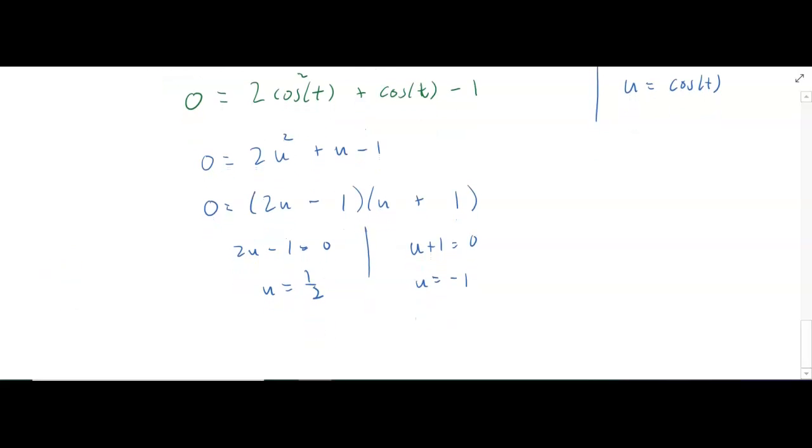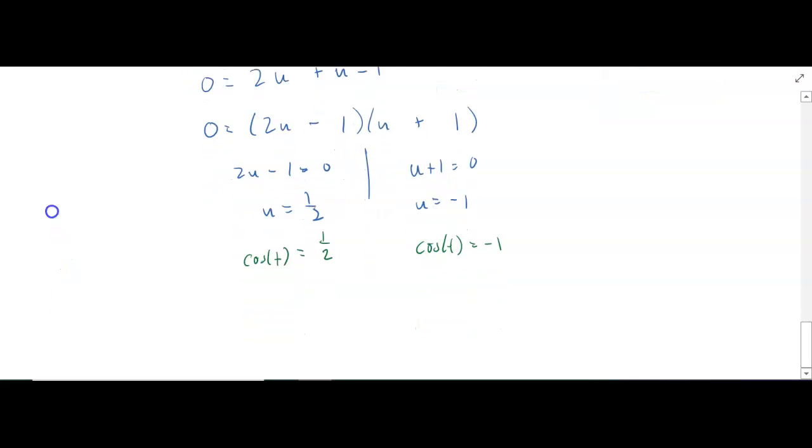All right, now backfilling here, undoing our substitution, we would have this. Cosine of t would equal 1/2, and then separately, cosine of t would equal negative 1. All right, and then we would have to solve that equation for t in the interval from 0 to 2